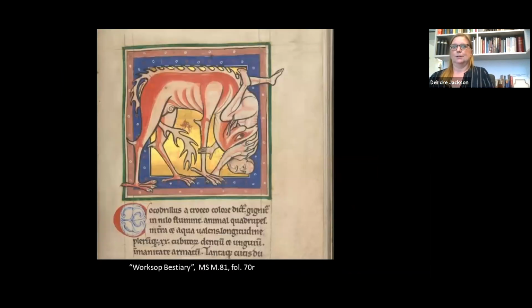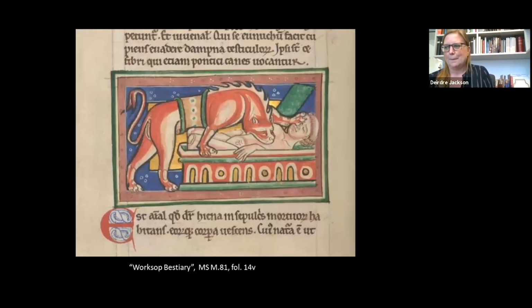Numerous animals, exotic, I guess they would say exotic in the Middle Ages, but native to Africa, India, and Asia are mentioned in the Worksop Bestiary. We've already seen the lion, but in addition, we have the crocodile shown here, unlike any crocodile you've ever seen or thought of, probably. We also have the hyena, shown here snacking on the corpse of a tonsured monk. That's quite interesting because the text simply says that the hyena lives among tombs and feeds on corpses, but the artist has shown a monk,